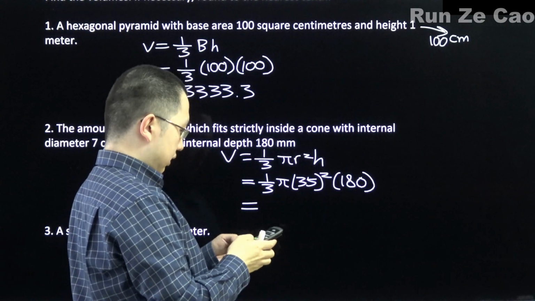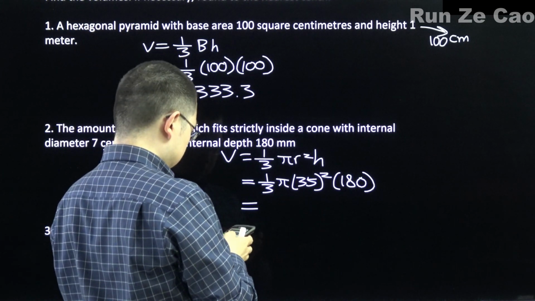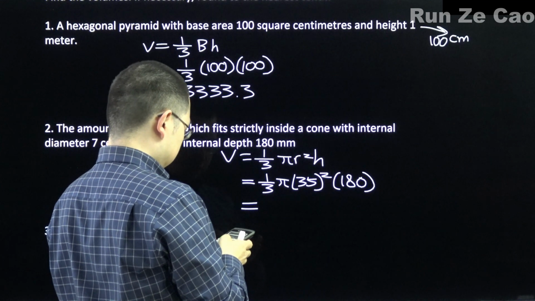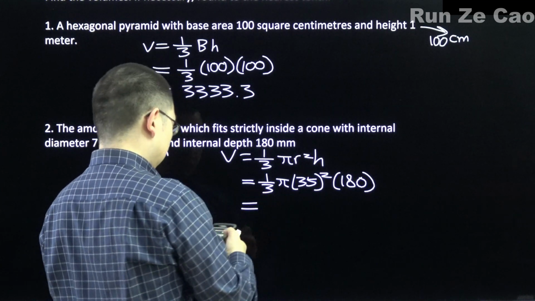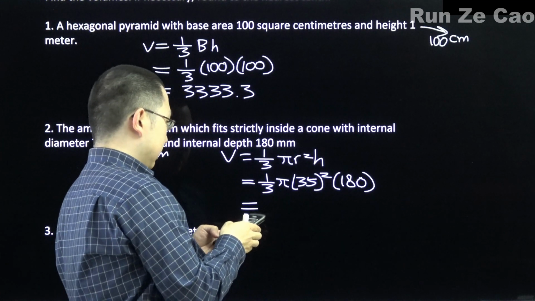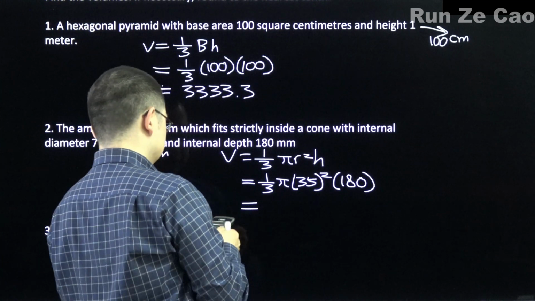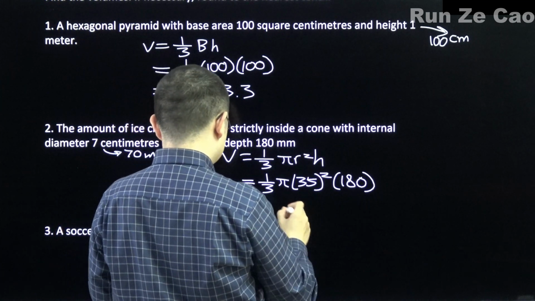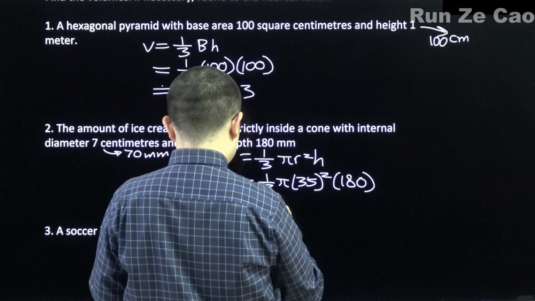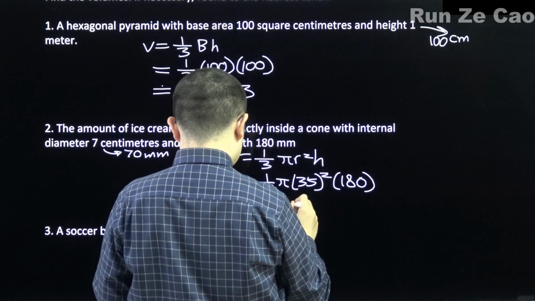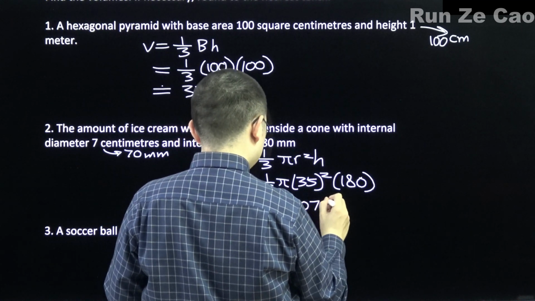So 35 squared times 180, well, actually no, times 60, because we can just get rid of the 1/3 right now, times pi gives us approximately 230907.1